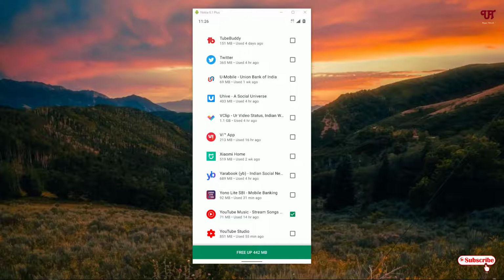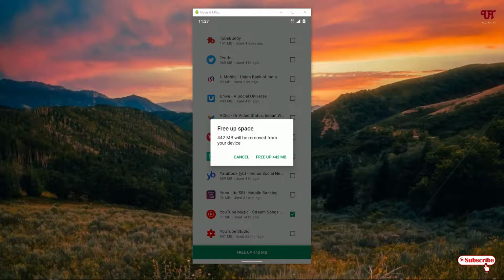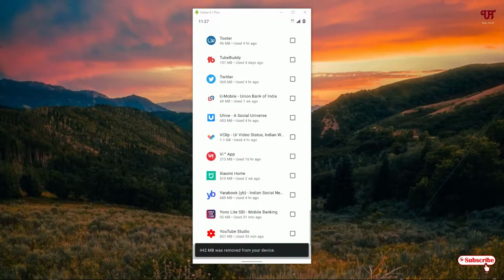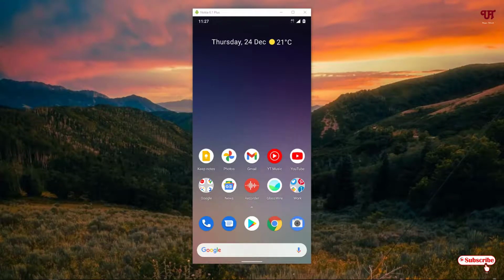Once I click on Free up, it will ask you, are you sure? Then just click on Free up. Just click on it. Voila, all the three applications have been removed. Just wait for a few seconds. So you can see here from the home screen the YouTube Music has gone, and as well as the other applications like Spotify and Snapseed have been removed at